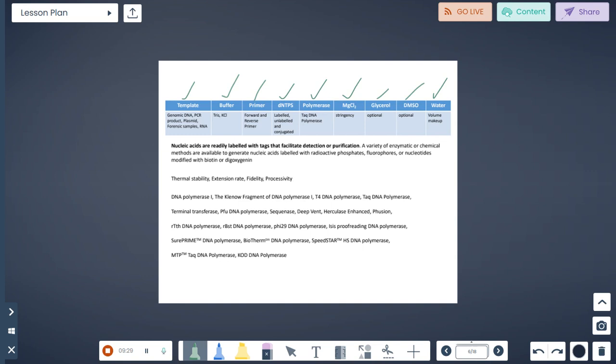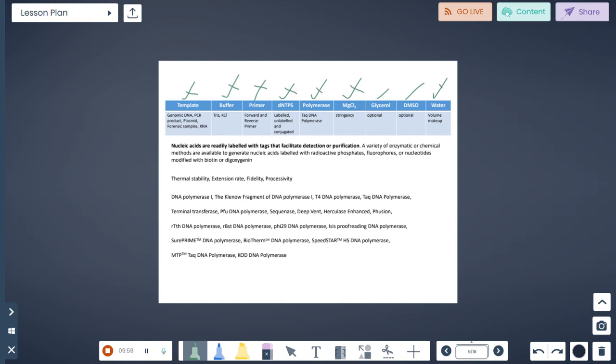Suppose there is a difficult-to-amplify template, such as a highly GC-rich template, or when there is hairpin formation in the PCR product. In such cases, people use glycerol and DMSO to try to get the product in large quantity. Otherwise, in a normal PCR, you use template, buffer, primer, dNTP, polymerase,